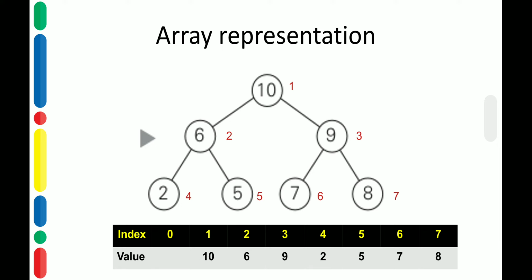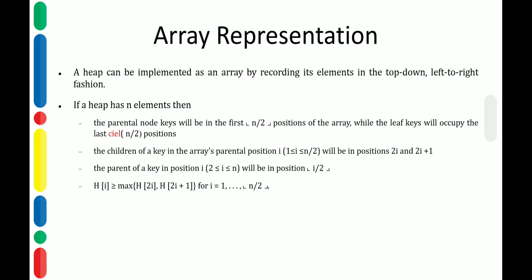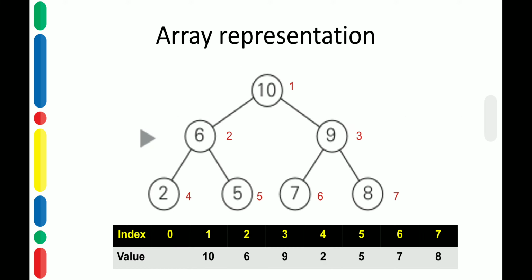If I want to add one more element, let's say 1, then you have to insert it at the next possible position. Anyway, we'll look later at how to create heaps by performing successive insertions. What you have to understand is, out of these n keys, the value of n is 7. If you divide 7 by 2 and round it down, 7 by 2 gives you 3.5, and 3.5 rounded down gives you 3.